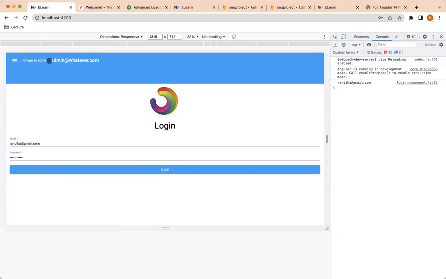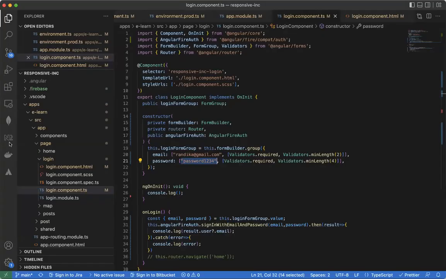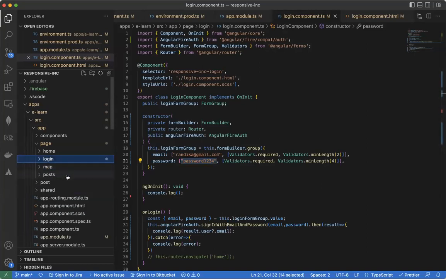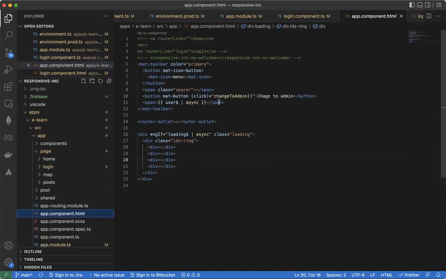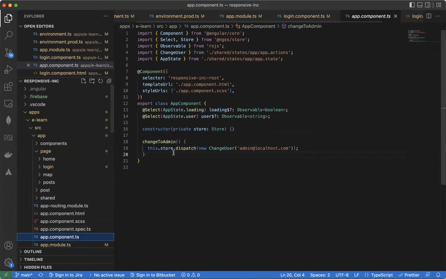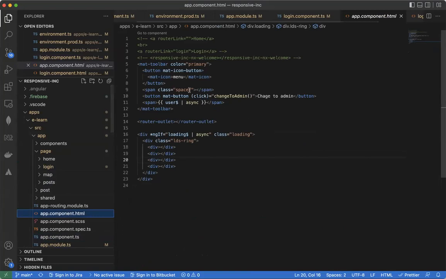Now the next question comes in. Let's say, for example, we want to change the admin whatever.com to these things. So if you guys can remember, in here we have the change admin method. So we are dispatching an application command to change it. Okay, let's do that